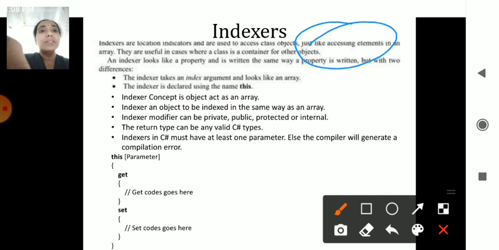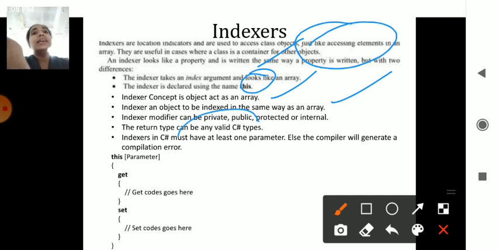It takes those arguments, and it uses this operator here. It is the same as the array concept, whichever object it uses in the concept of arrays, and the object is the same as the array type, and it will use the access modifiers, private, public or protected, whichever access modifier it wants.